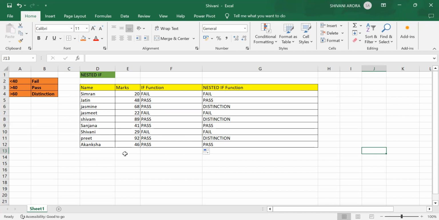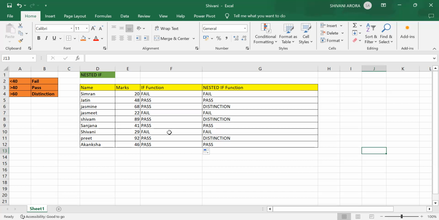And when the marks is 46, then using the if function, we got the answer as pass, while nested if also we got the answer as pass because it is less than 60,